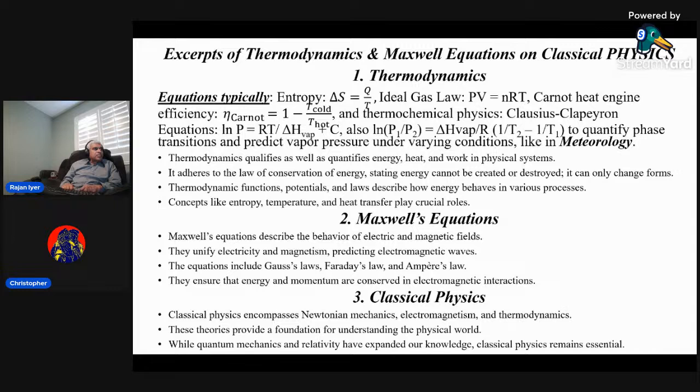So that's absolute temperature, and there is a detailed study of why that happened. For the ideal gas law, for example, we need that PV, which is pressure times the volume, is the number of molecules times R, which is called the gas constant, and also times T, which is again absolute temperature. For the Carnot cycle engine, the efficiency is based on 1 minus T, the absolute temperature of the cold object or the sink, over the absolute temperature of the hot object, which is the source of heat.